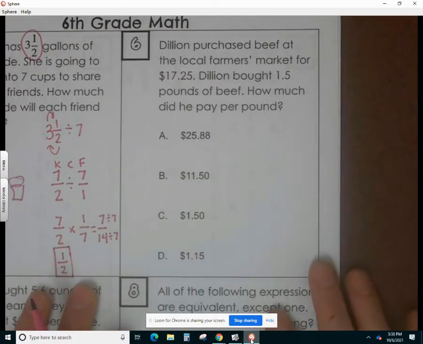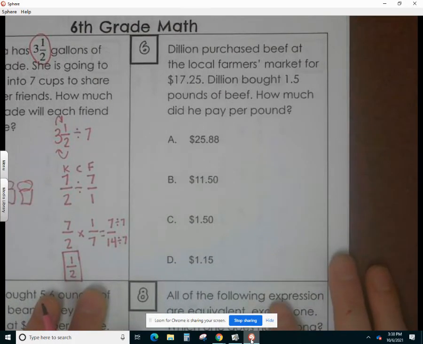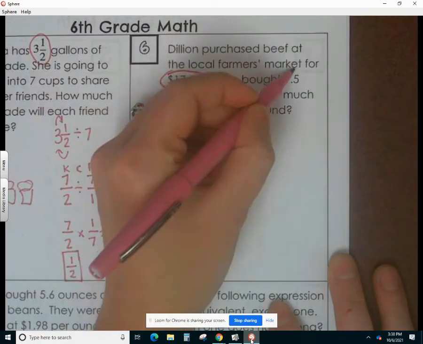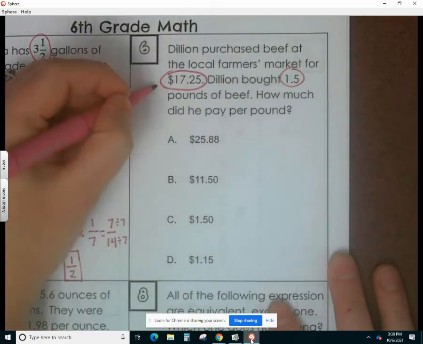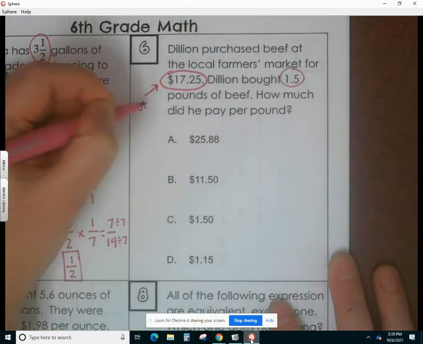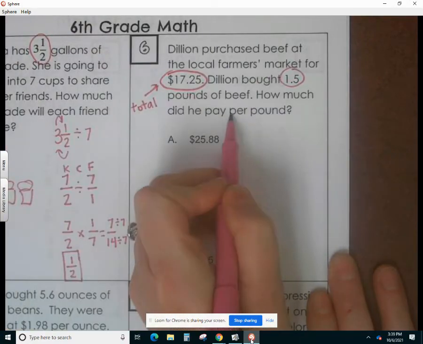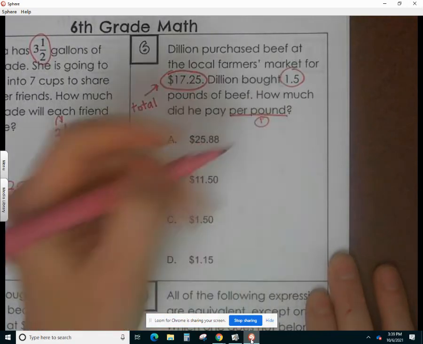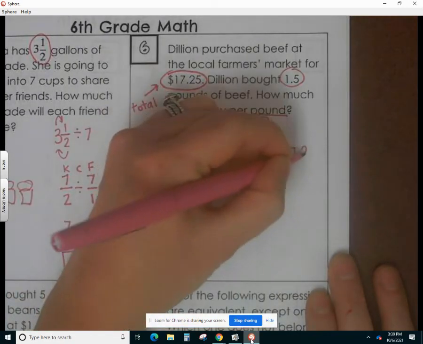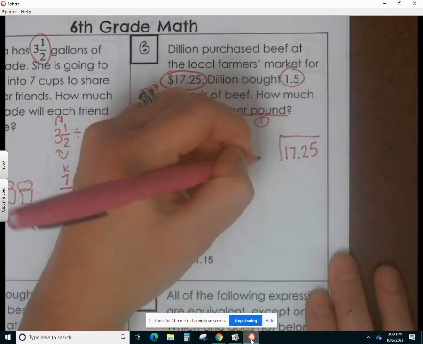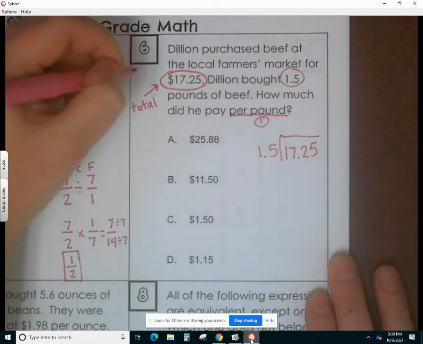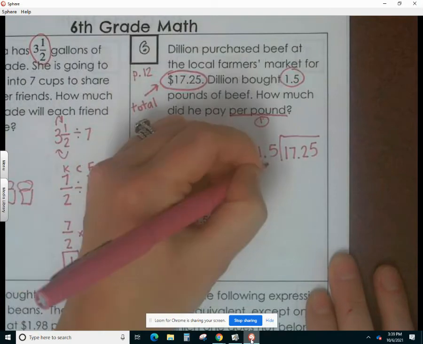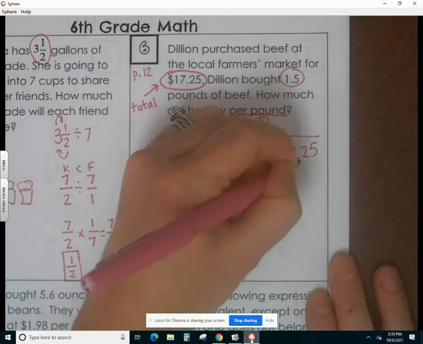Okay, Dylan goes to the farmer's market, and this is how much he pays all together, and this is how much he bought. So that means they're giving us his total. We just want to know how much he paid for 1 pound. We know how much he paid altogether, so we have to divide 17.25 divided by 1.5. Dividing decimals is on page 12, and the strategy we learned on page 12 was slide,